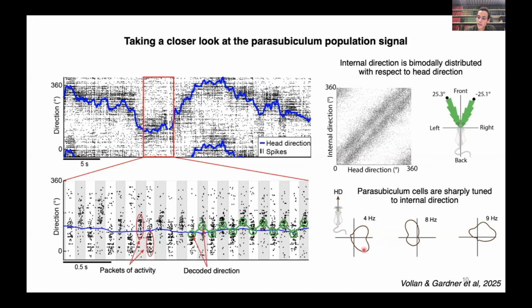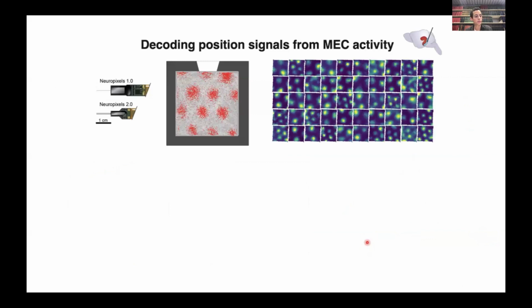Again, these cells appear as broadly tuned to head direction when you look at their conventional tuning curves. But if you recompute their tuning with respect to this decoded signal, you see that they're actually quite sharply tuned to this signal, again indicating that this is what these cells are doing. So by applying this decoding analysis, we think we found out what these cells are actually doing. And we'll now move on to